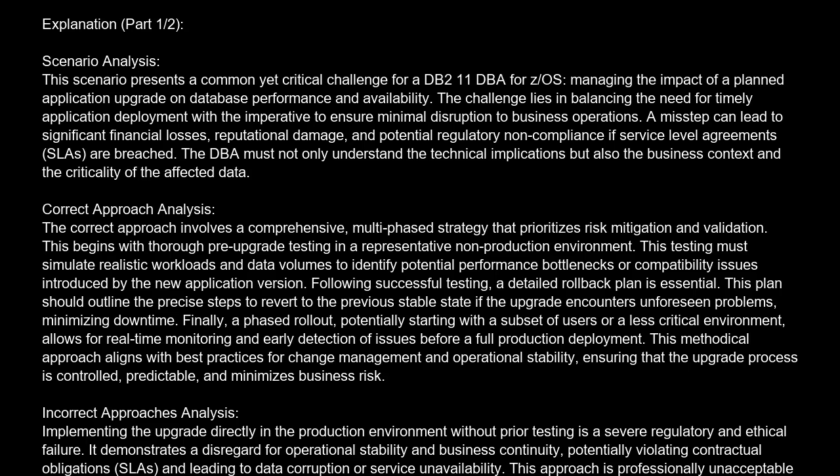The correct answer is A. Immediately schedule the upgrade for the production environment during a low-activity window, focusing on post-upgrade performance monitoring and tuning. Explanation. Scenario analysis. This scenario presents a